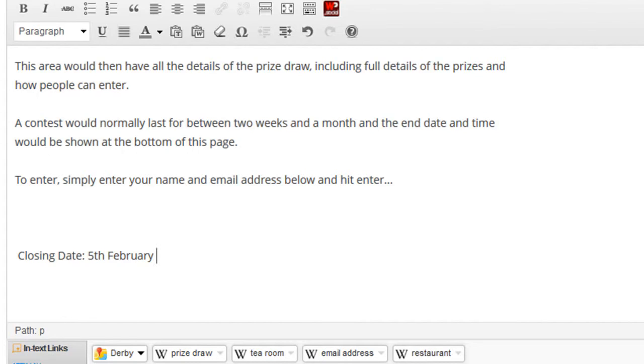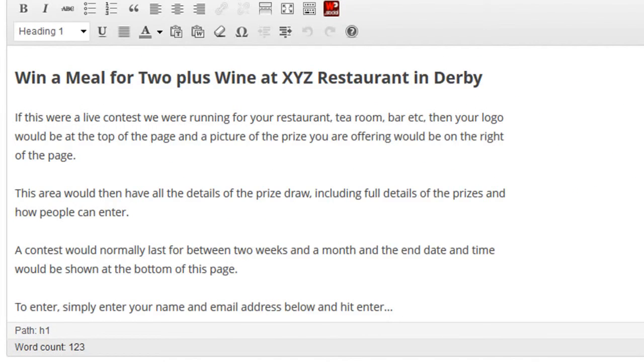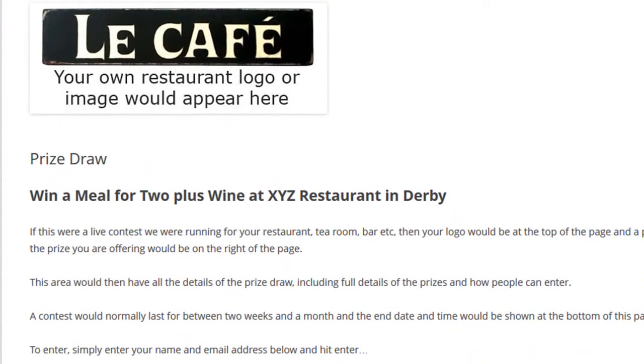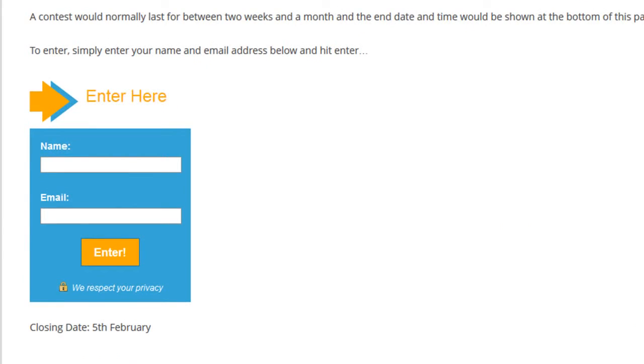So again, let's just update the page and then we'll go and have a look at what will pretty much be the final version of this page. And here we go. So we're back to the prize draw page with all the details we need. Everything else I've gone through before, down to the form, and then at the bottom we've got the closing date